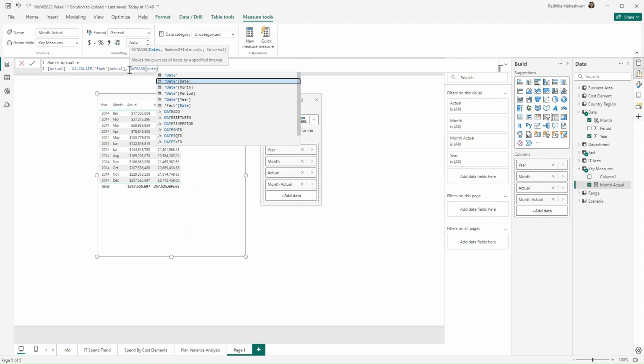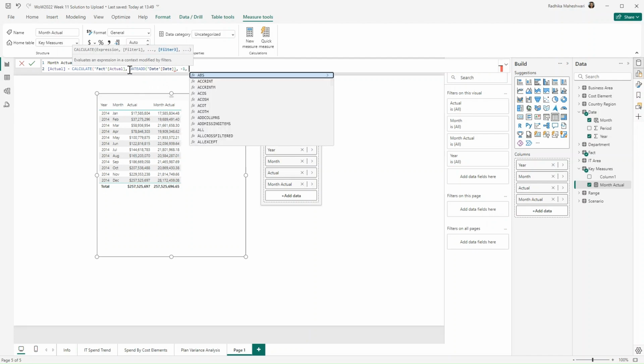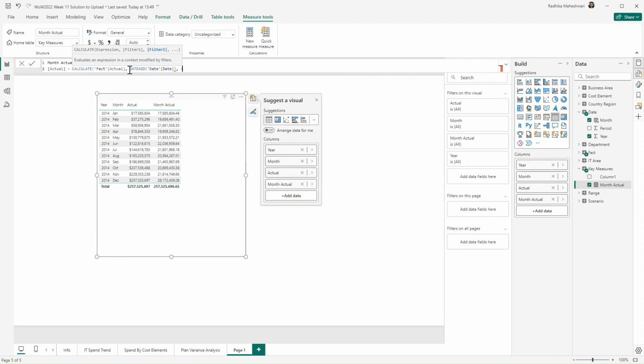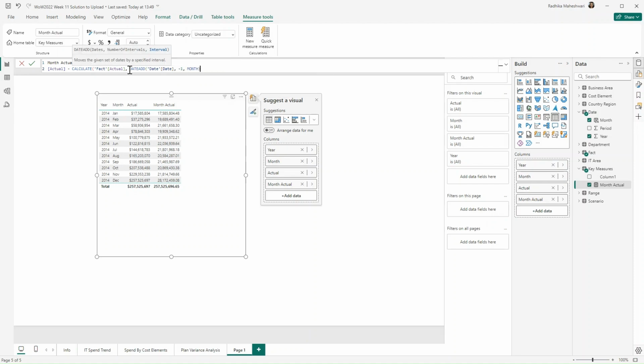We need to add date here. Number of intervals is -1, and then we can add month here. And now when I get the data, you will see that my total gets modified and it is the actual total of these months and not the cumulative sum.